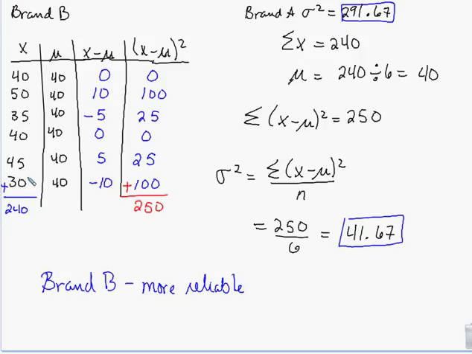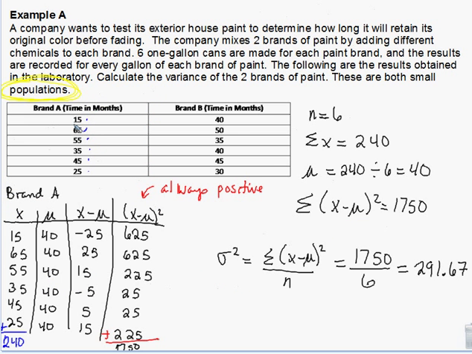So you look for something that says, like, lasts, in this case, 40 months. So last 3.5 years on average. So you go, okay, 3.5 years, that's pretty good. I'll buy that paint. But then if you buy the brand, if they used the brand A version, some of it only lasted 15 months. And it's supposed to last 3.5 years. Didn't even last a year and a half. Now I'm mad because this paint that I bought, that I spent all that money on, is garbage.